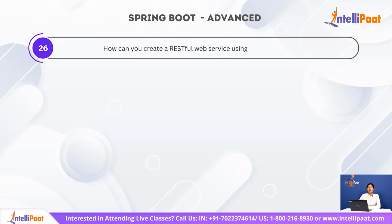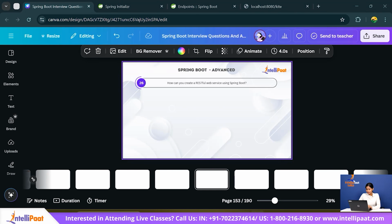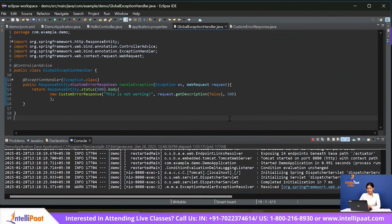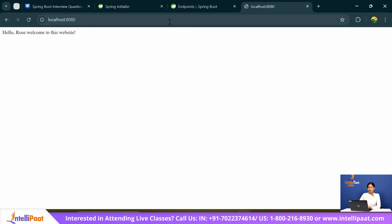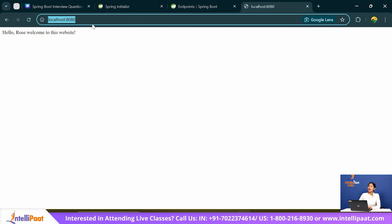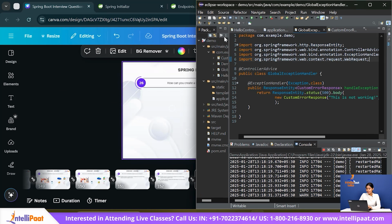Moving on to our next question, how can you create a RESTful web service using Spring Boot? Okay, this is going to be interesting. Now, hold on. Let's create a web service and let's make things interesting. Instead of accessing it from the localhost, we'll try to access this API with Postman. So let's first create a class called,